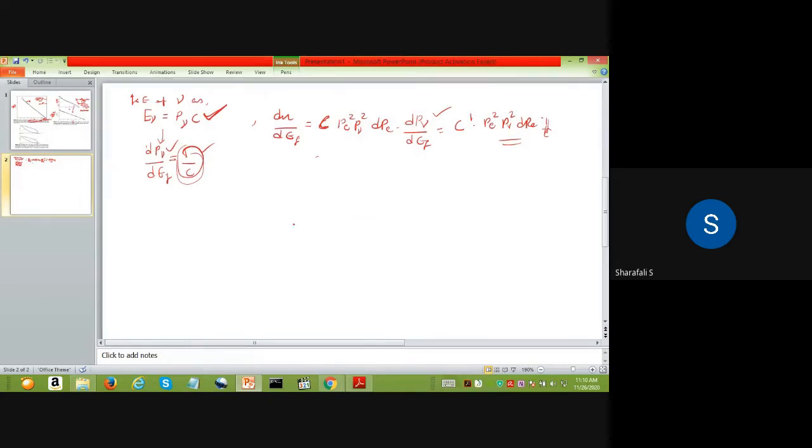Now the scenario is different when you consider the rest mass energy of the neutrino. In that particular case, the E_f value, the final state, or if you consider E_nu, if we consider the rest mass energy of the neutrino. Neutrino here means both neutrino and antineutrino, so that is applicable for both. It depends on what kind of beta decay is happening.